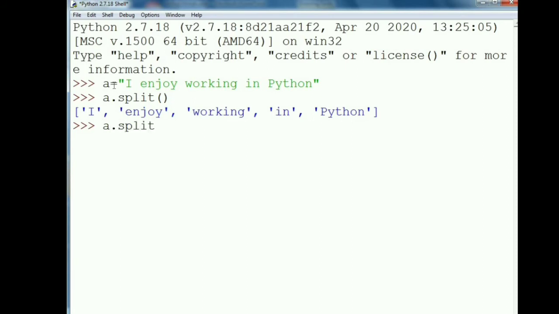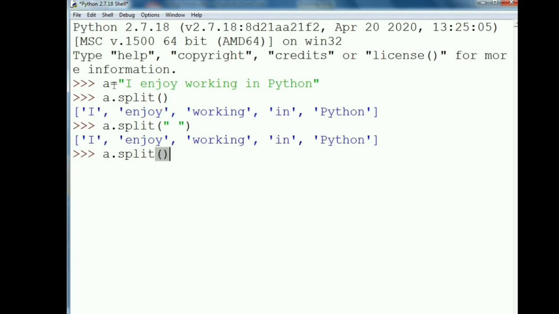If we pass white space as an argument to the split method, then we also have the same 5 elements in the list, as you can see.